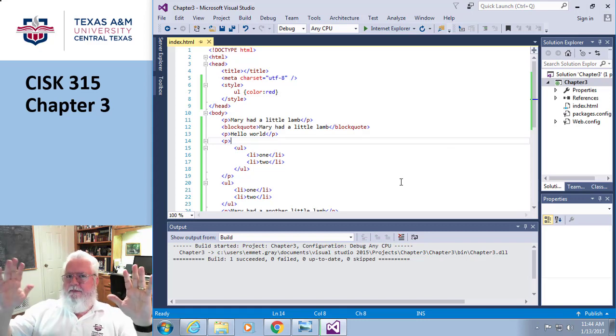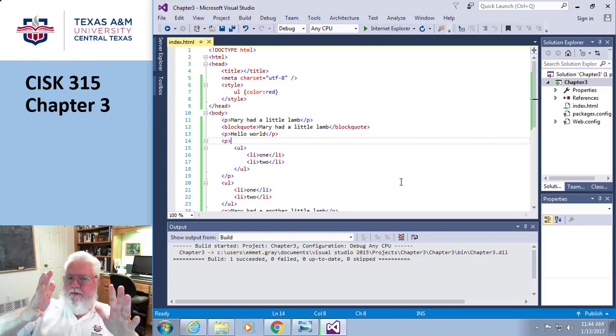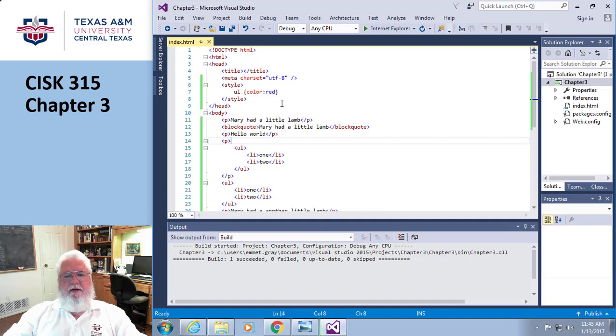But what if you only wanted the UL that was inside? In other words, I don't want all vacations. I want vacations in Texas. So I want to find the UL that's inside a P tag. You do this by just putting both tags in the line separated by a space. So what that means is find the P tag first, and then after you find it, then hunt for a